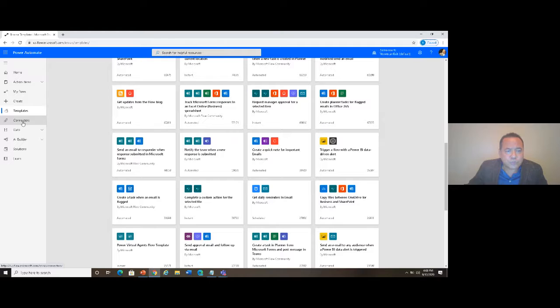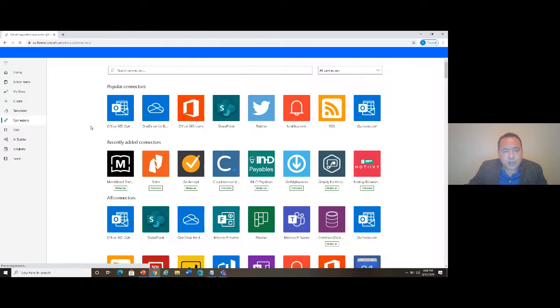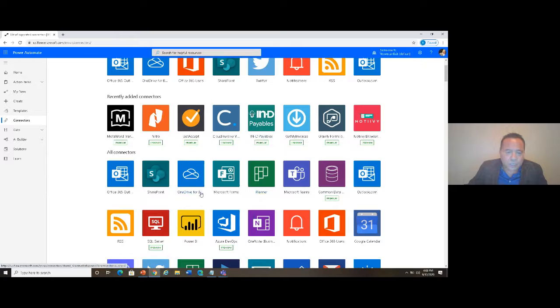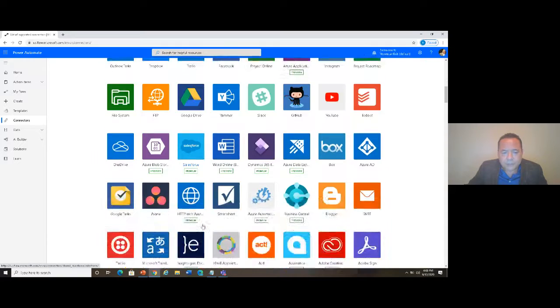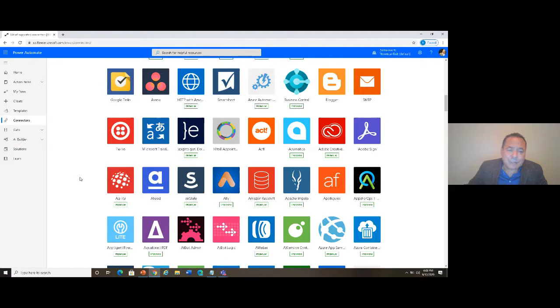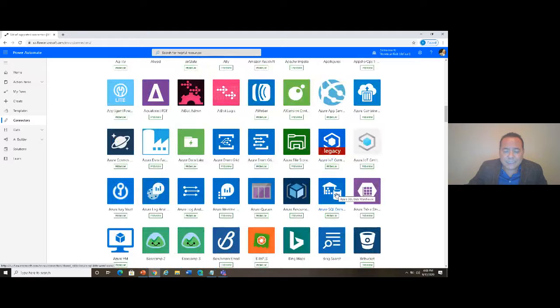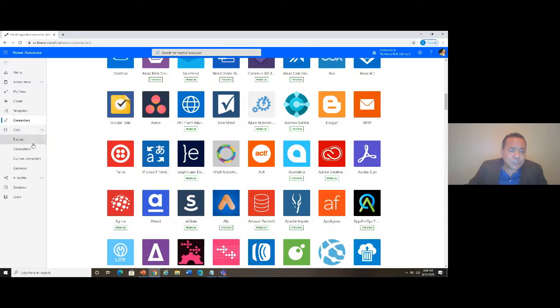presentation. Connectors. These are the connectors that are available as well. You can see OneDrive, SharePoint, RSS, Twitter, Dropbox, many, and they keep adding connectors and templates to it. So if you log in next month, you will see new ones listed here. Data, which is actually entities. This is one of the topics that I want to talk about as well. You can add a flow to an entity, and you will understand why and in which cases we do that. The connections that you can create, AI Builder, our artificial intelligence, and solutions as well.